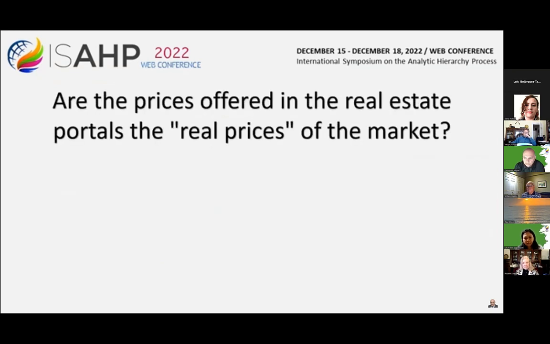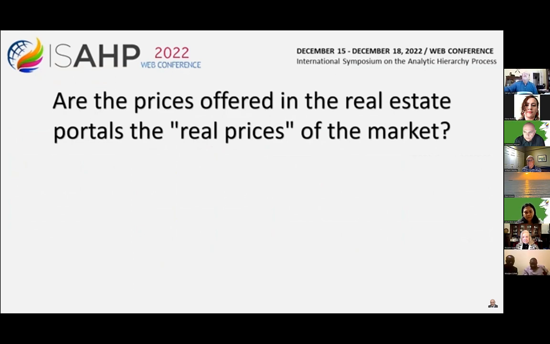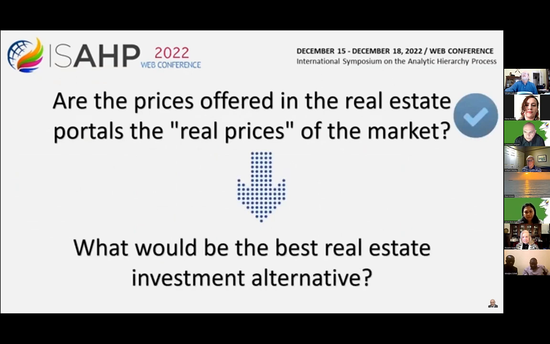They ask themselves, are the prices offered in the real estate portals the real prices of the market? Now, if the answer is positive, what would be